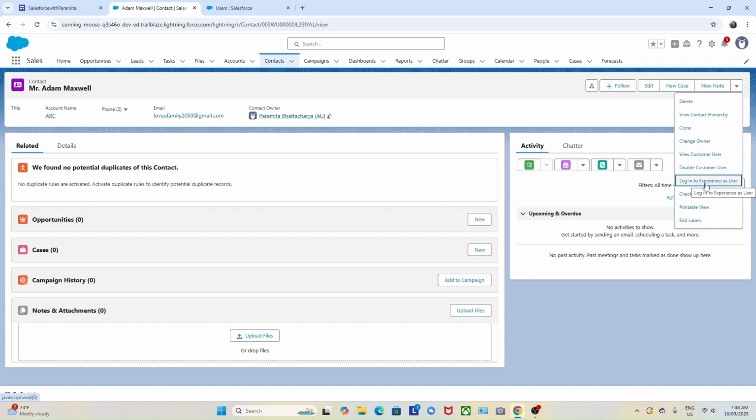Okay, so either you can do it like this from within the site, like you can log in as Adam, or you can go to that email where the email has been sent to create a password. You can create your password, and you can use that username and password to log in to our site which we have created. Okay, so now I will use this one, login to experience as user,